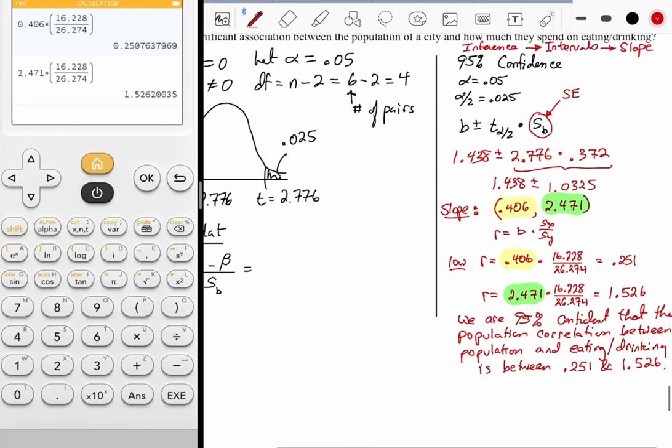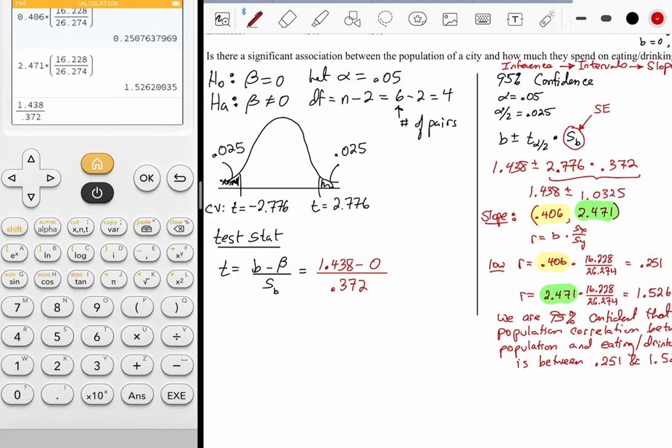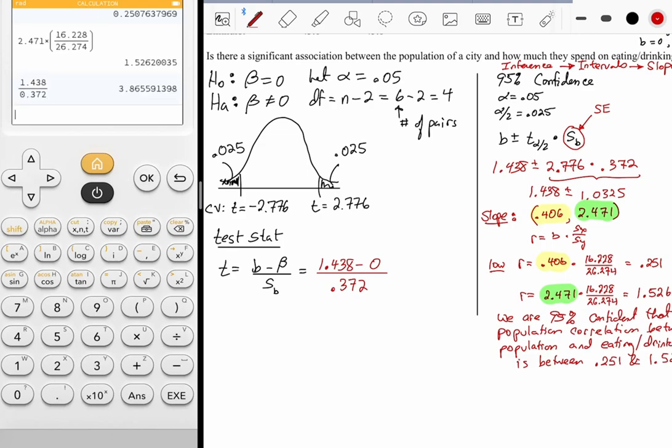So the b value, 1.438, lowercase b. The beta, capital beta, 0. S sub b was 0.372. All right, so we get that number, 1.438 divided by 0.372 is about